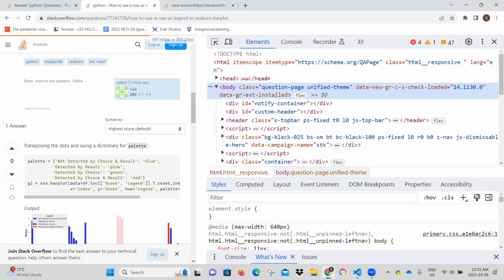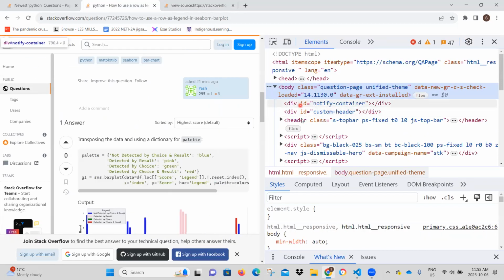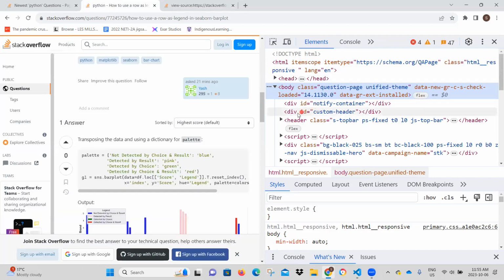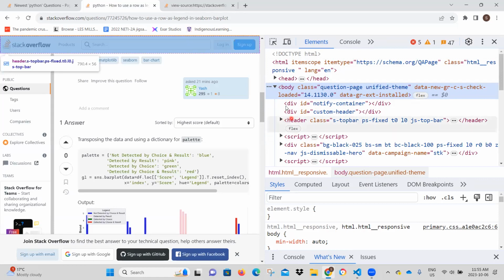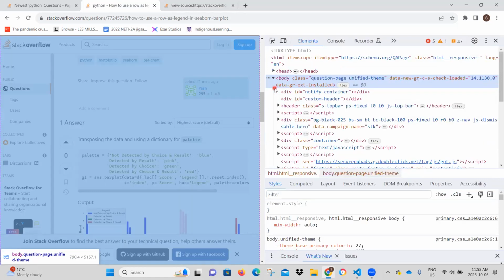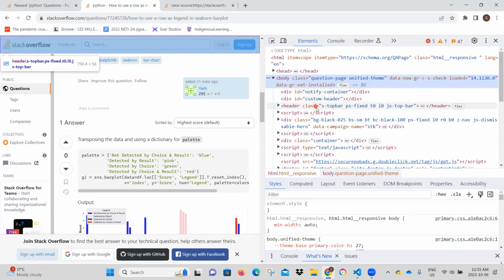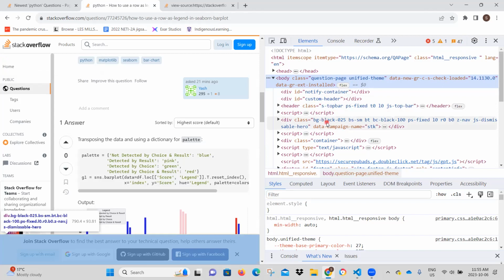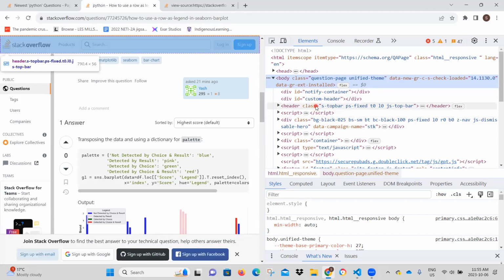So that would give us a visual indication of which part of the HTML we are looking into. Okay, so we can see here's the body of the entire page, and then there is the header. Okay, so we need to get into the content. We passed it. So we don't want a script. We want the